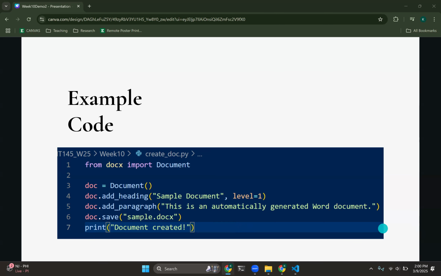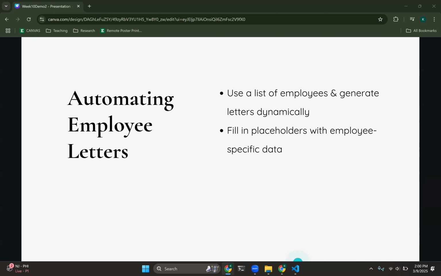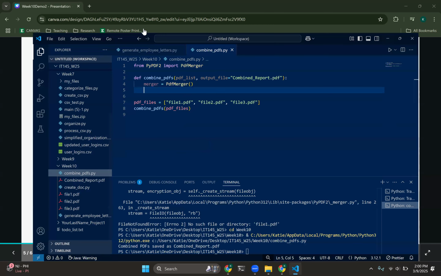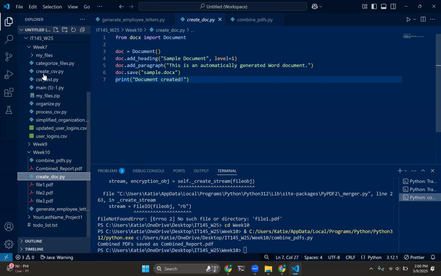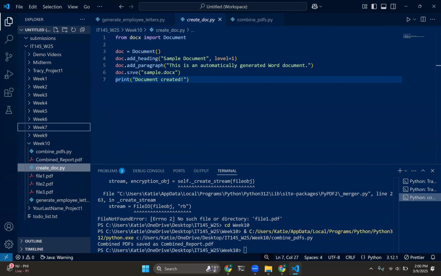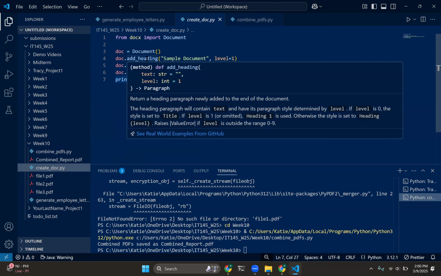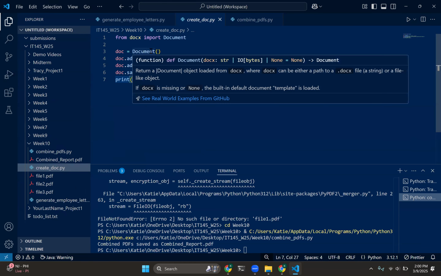So let's look at the code in action. Here we go. Okay, so where is create doc? So here's create doc. It has all those lines that I just went over. But if I hover over the different things, it will give some more context into what these functions are doing. So first, this document is